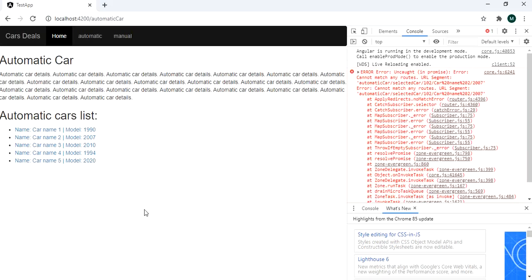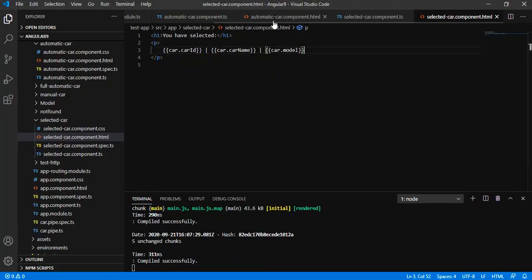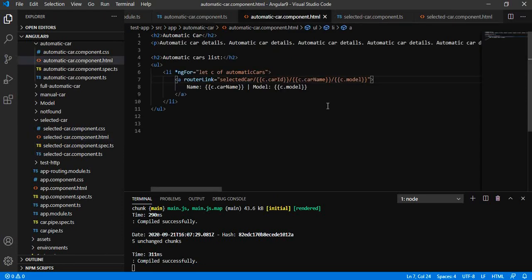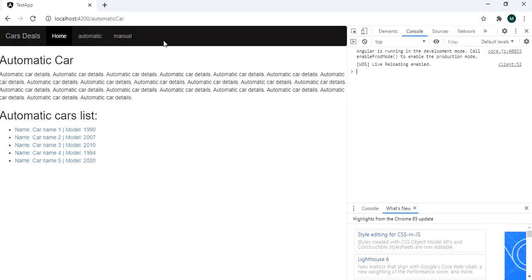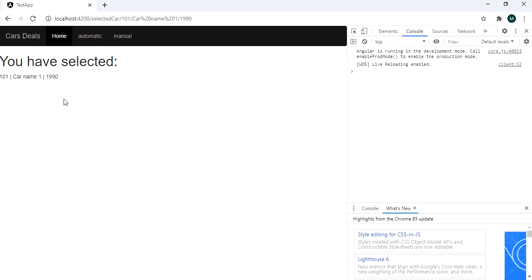So we have to fix it, the router link is not correct. Let us see now. When I am clicking on any car, it is redirecting me to this particular selected car view.